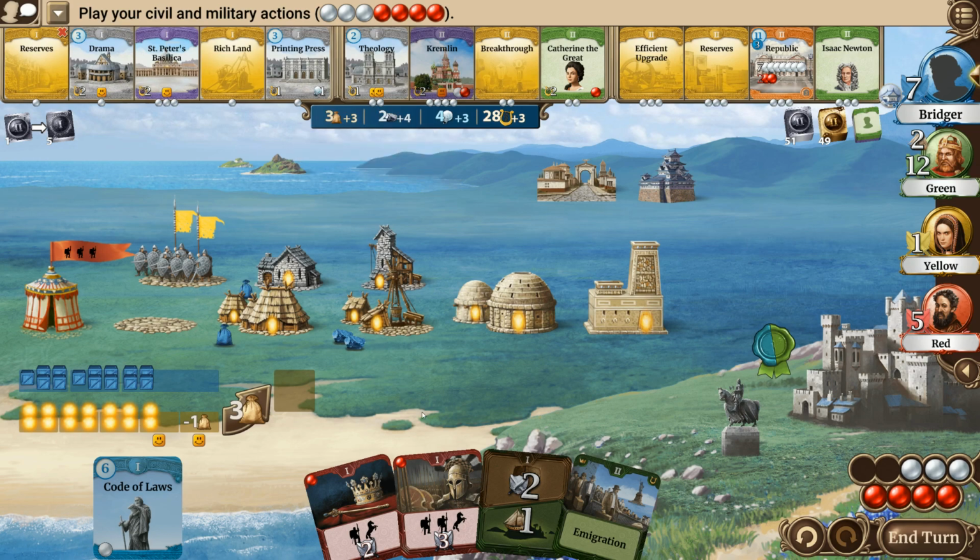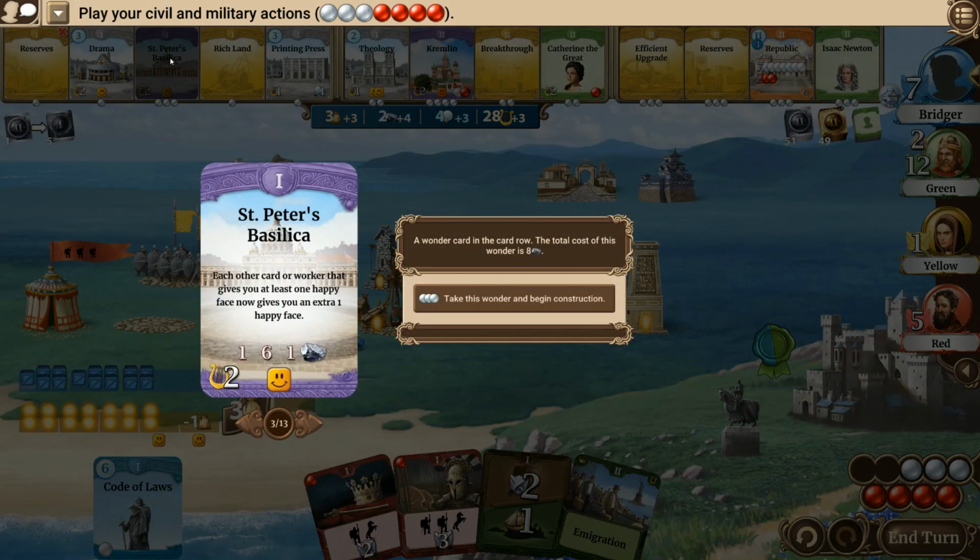What else could we consider? We could consider grabbing St. Peter's Basilica, but it will cost us all 3 of our resources. Each other card or worker that gives you at least 1 happy face now gives you an extra happy face. Damn! That's quite good. Oof. That's hard to say no to. Because it comes with a happy face